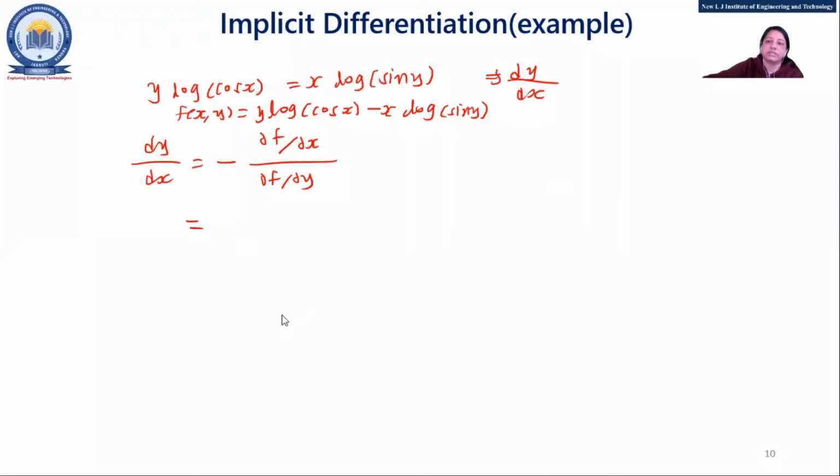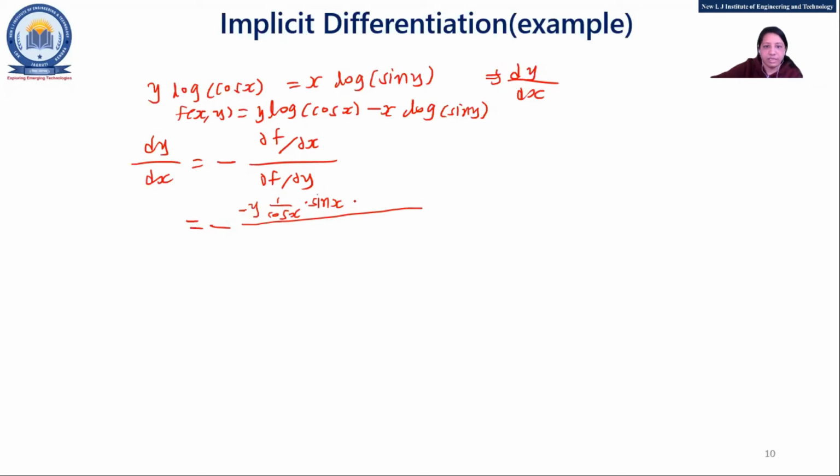Yeah, Yashvi. Minus y. Okay. See, I'll write minus as it is, right? Now tell me y. Minus 1 upon cos x. Yes, 1 upon cos x, that is for log, and then chain rule. Fine. For cos x, it is minus sin x. So minus we have right here, right?